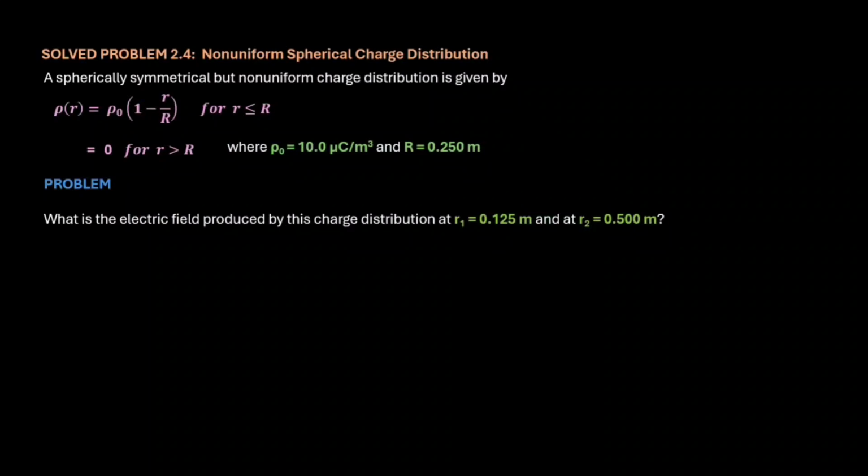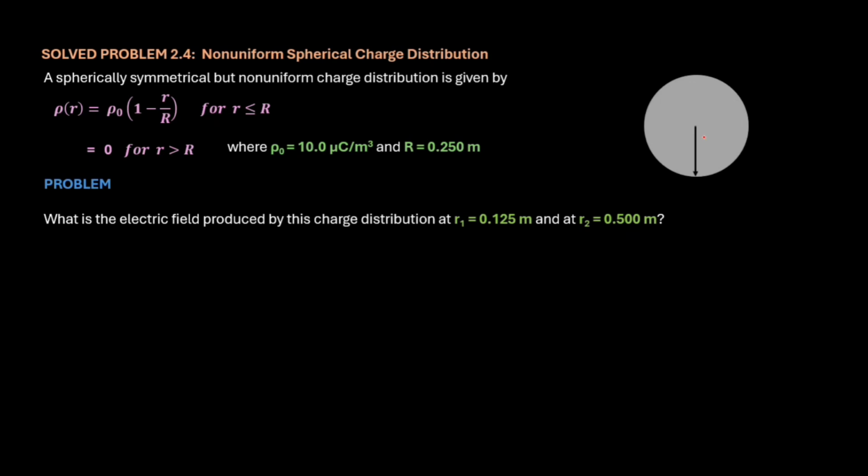In this video, we are going to discuss how to find electric field at a point due to a spherical volume with non-uniform charge distribution. So in solved problem 2.4, you have a spherical volume of radius capital R that has a non-uniform charge distribution